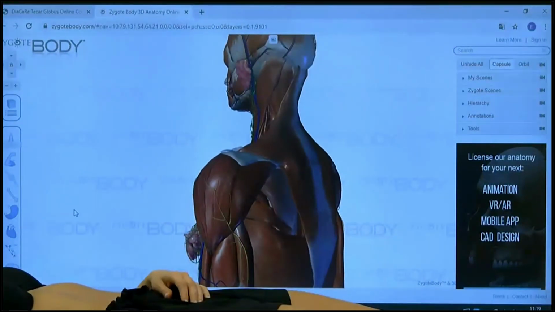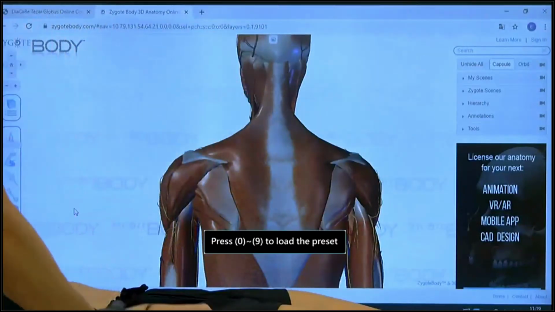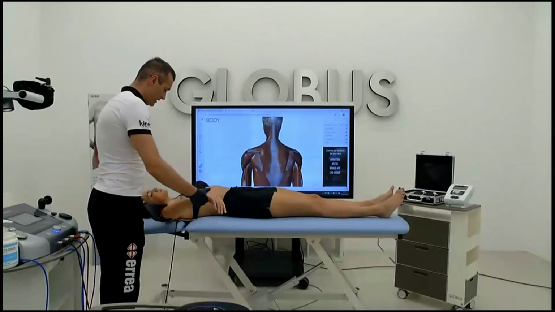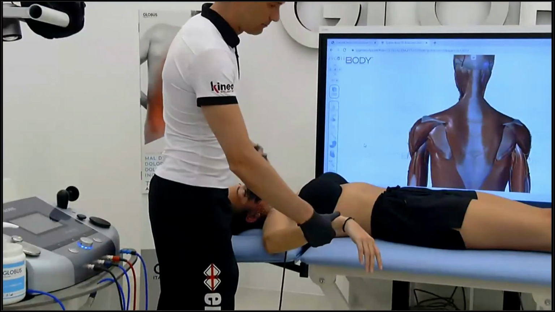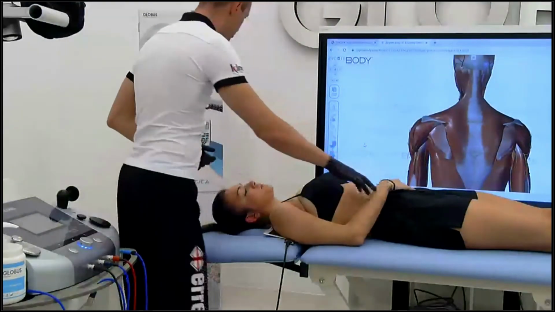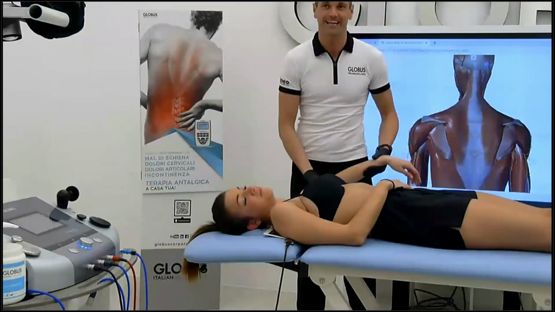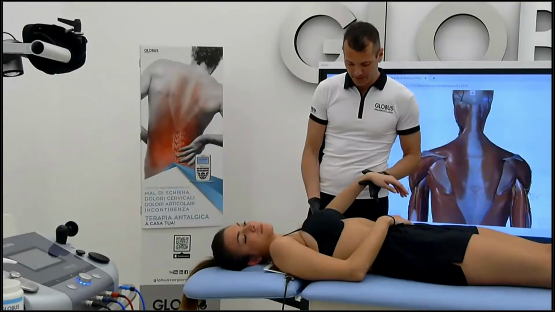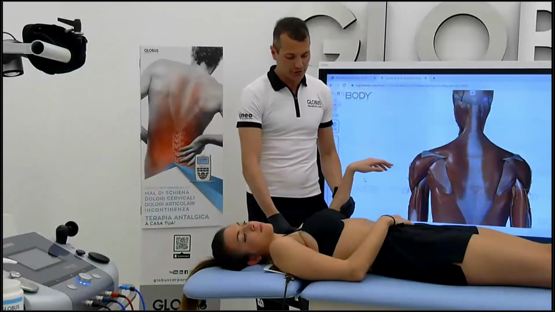Okay, so let's do also something with the GIRD. GIRD is the glenohumeral internal rotation deficit, so we can easily evaluate by fixing the scapula and evaluate if we have a loss of the internal range of motion of the glenohumeral joint. Federica, well, she's perfect, so she doesn't have this kind of problem, but with that kind of patient, you will have something like this, so you cannot reach the full internal rotation of the glenohumeral joint.